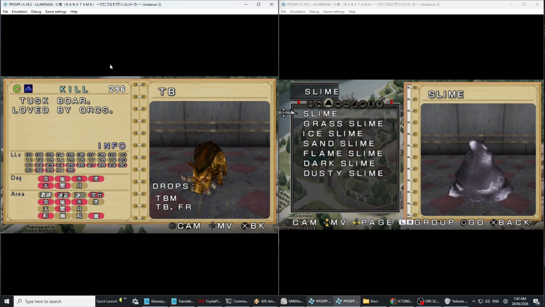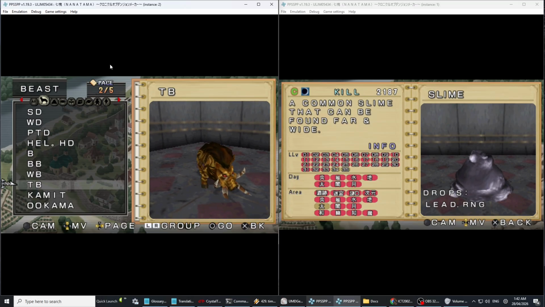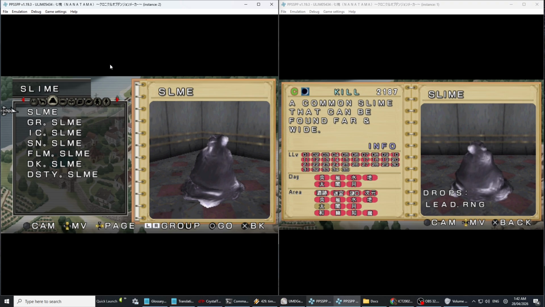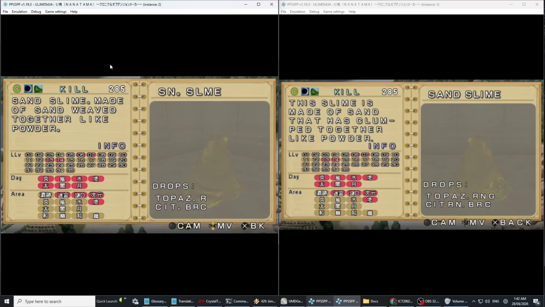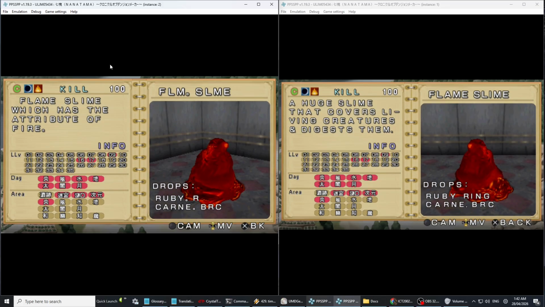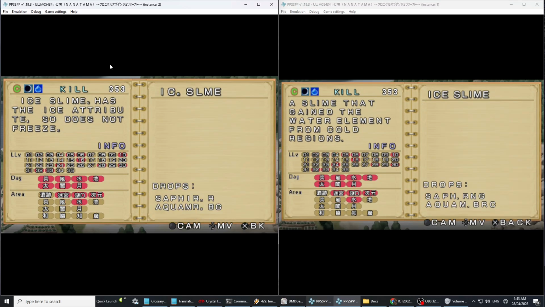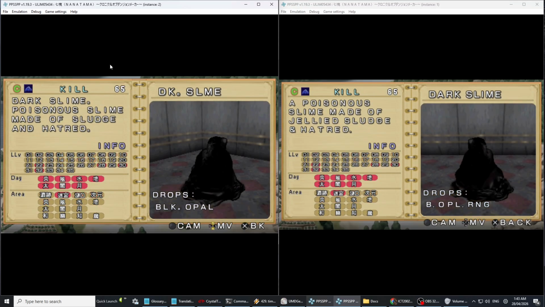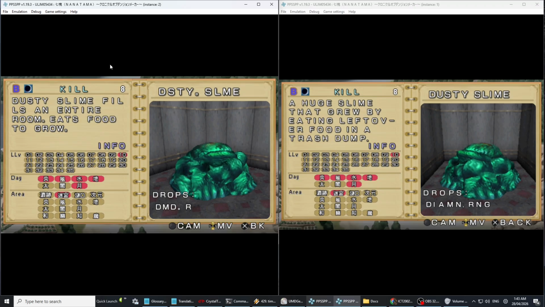If we go into Slime, it's a similar kind of thing. Whoops. As you can see, proper formatting now. Had to use hyphens in some cases because it just wouldn't have fit otherwise. So in some cases the text is very similar. In others it's expanded big time because of having the extra lengths and proper formatting. I now have the option to do line breaks, so I can tell it to go to a new line